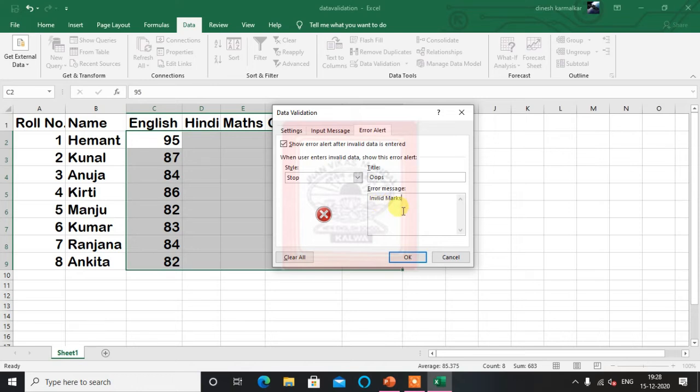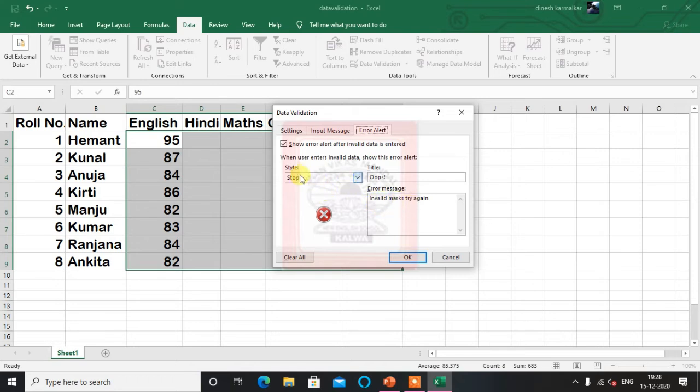You can also warn the user: invalid marks, try again. This way we can give the message. Your input message is written here as Validation, and marks will be between 0 and 100, and the error alert I am giving here: Oops, invalid marks, try again.